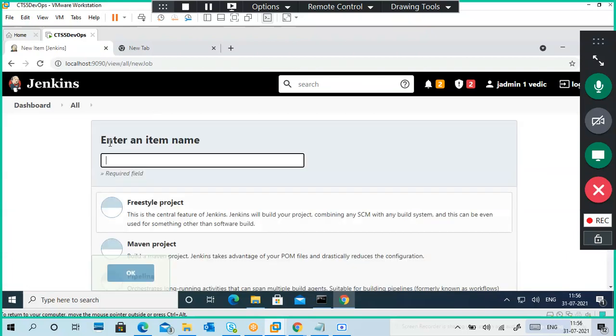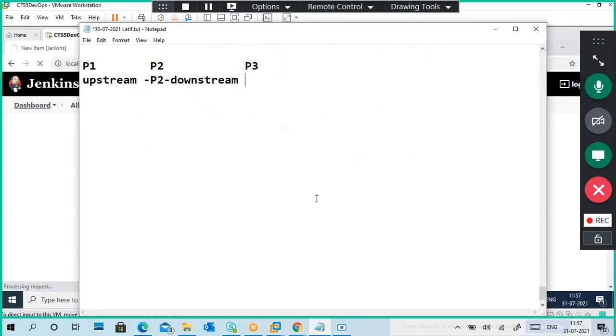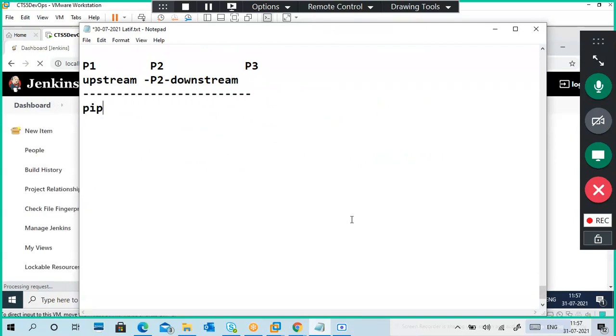Okay, so next we'll see pipelining. In pipelining, two projects I will tell. What is this pipeline? I already explained yesterday, I will explain it again. Very basic pipeline. We'll see two to three examples, max two examples. We'll see the basic pipeline. Next, pipeline with Maven.